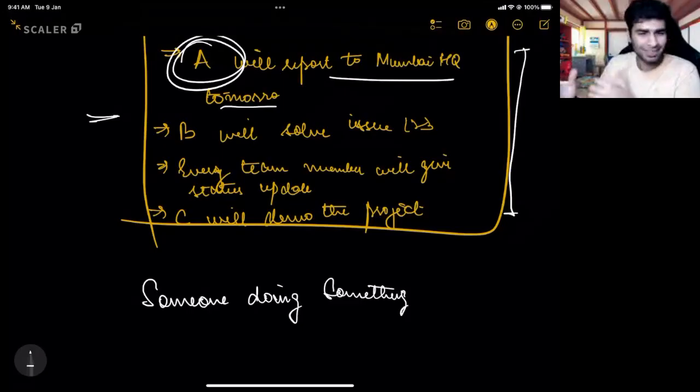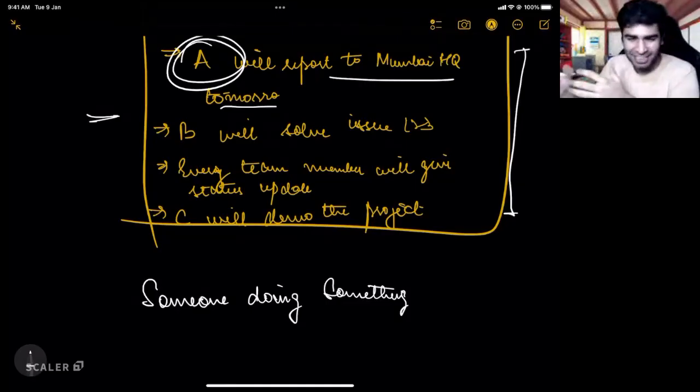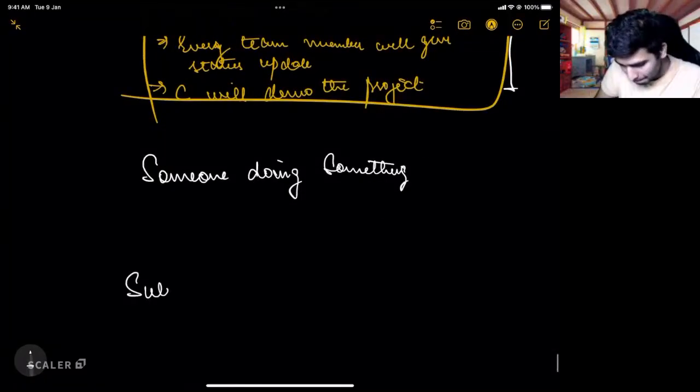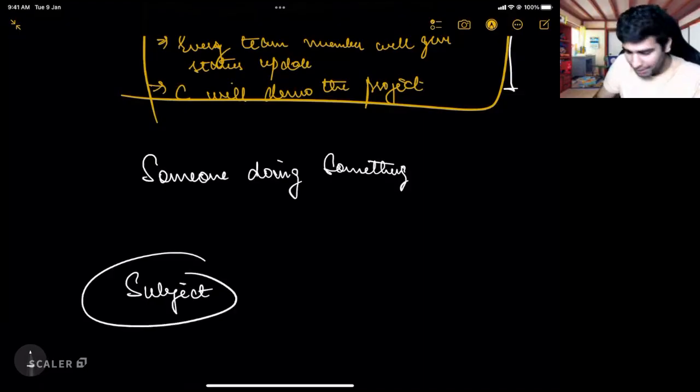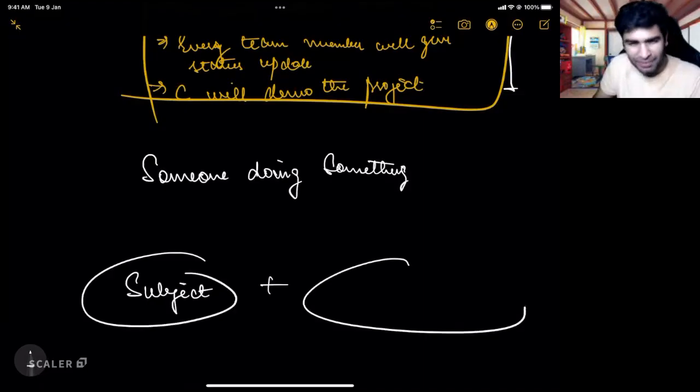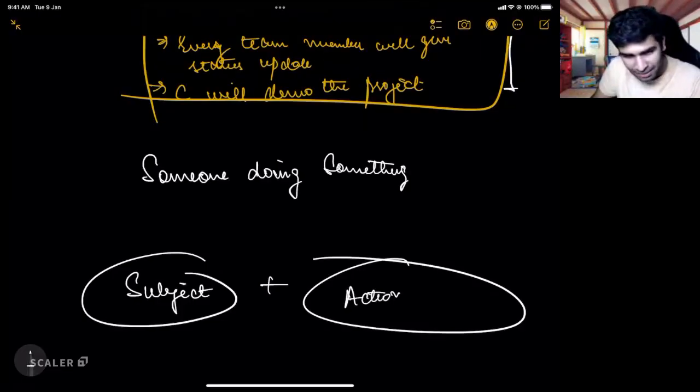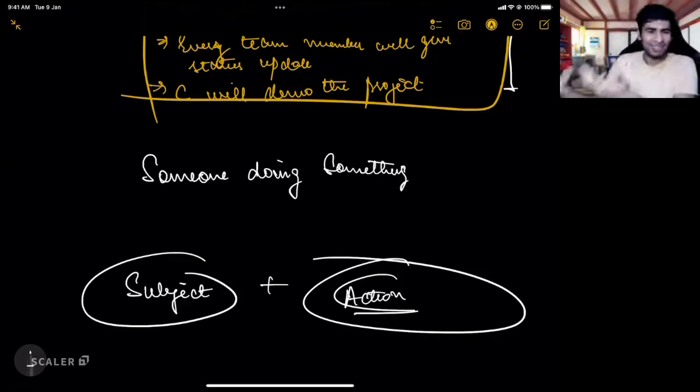If you ever read Wren and Martin in your school days, or were beaten by your English teacher, you will know how an English sentence is structured: a subject, and some action that comes after.